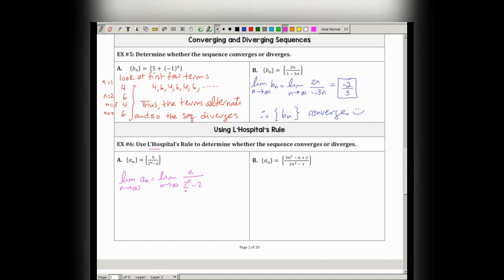Now we all know that 2 to the power n is going to go a lot faster than this n, so you could argue it that way, but that's an elementary type of argument, and we don't want to use that type of argument. But just know that this grows faster to infinity, and this is going to be 0, right? It's almost like a small number divided by a big number. This does tend to 0, but we want to show it using